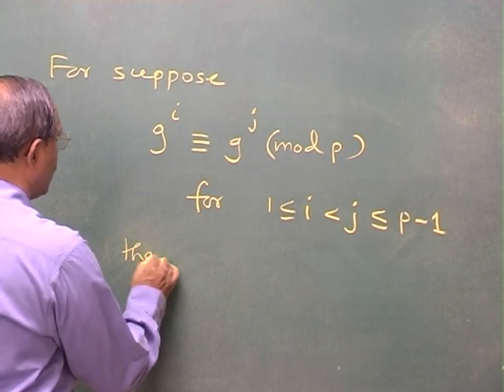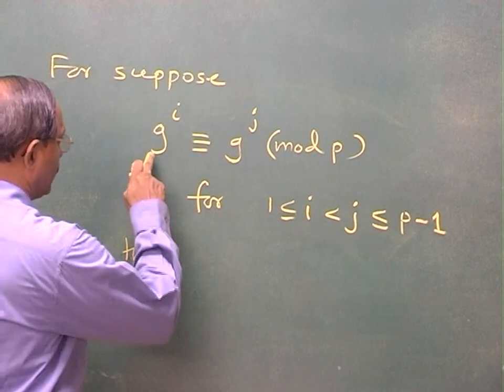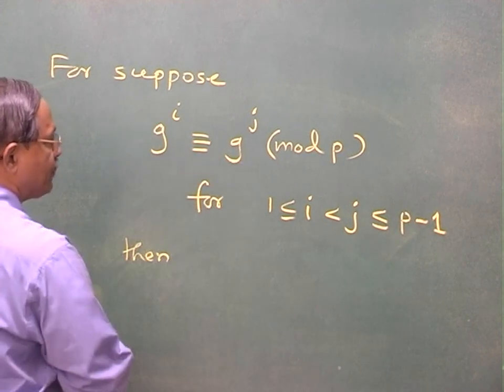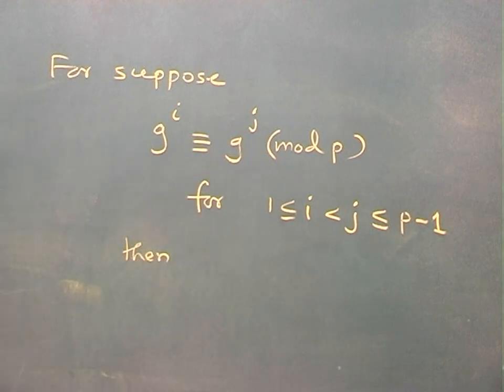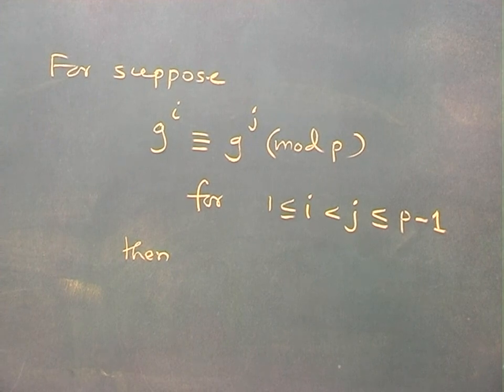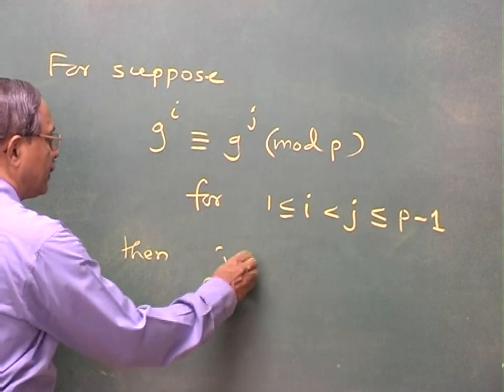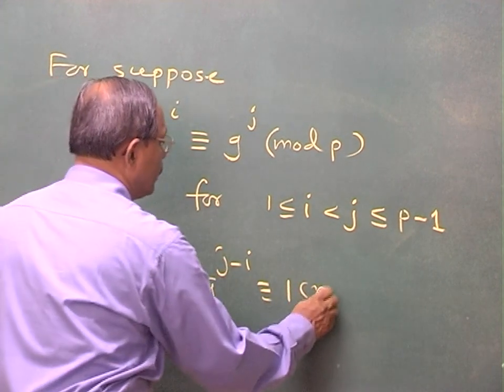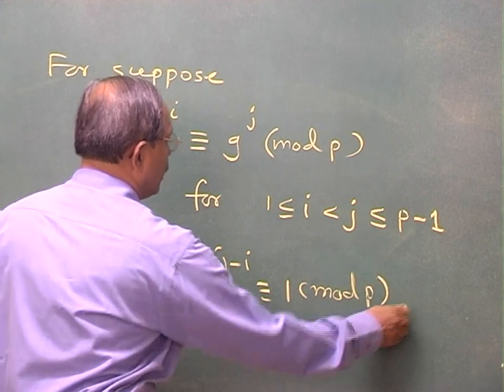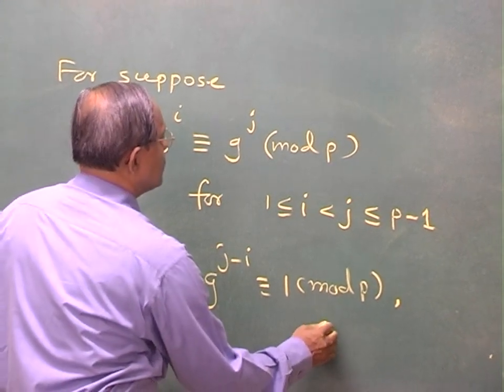Then you can cancel G raised to I from both sides because it is coprime to P. See that G raised to P minus 1 is congruent to 1 mod P. G is a primitive root, so its order is P minus 1. It must be coprime to P. So we can cancel G raised to I and get G raised to J minus I congruent to 1 mod P,